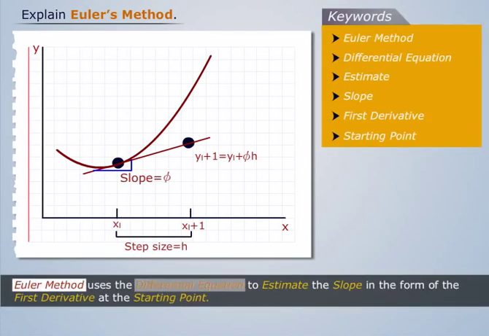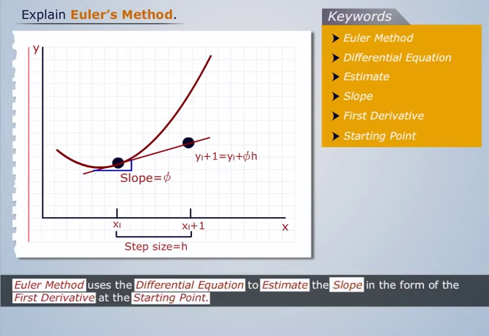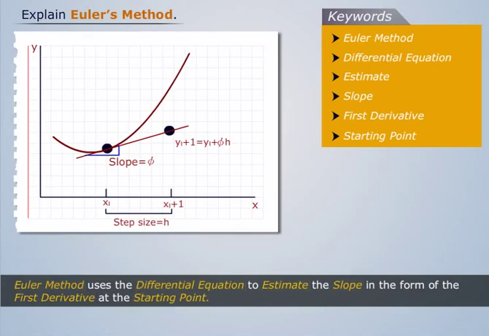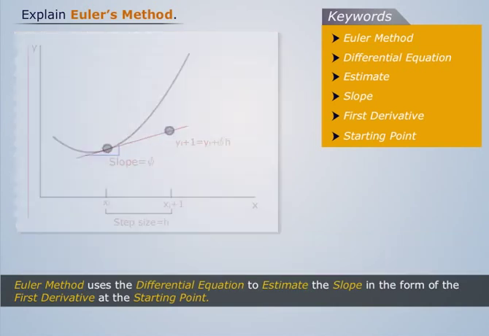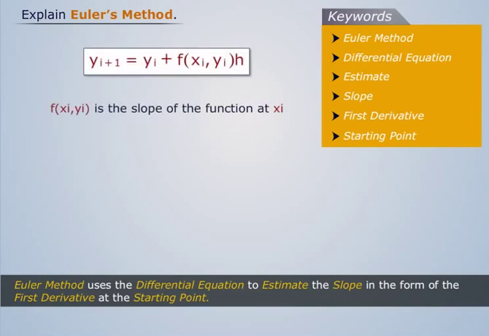Euler's method uses the differential equation to estimate the slope, in the form of the first derivative, at the starting point. The slope at the beginning of the interval is taken as an approximation of the average slope over the whole interval. The general formula of Euler's method is: